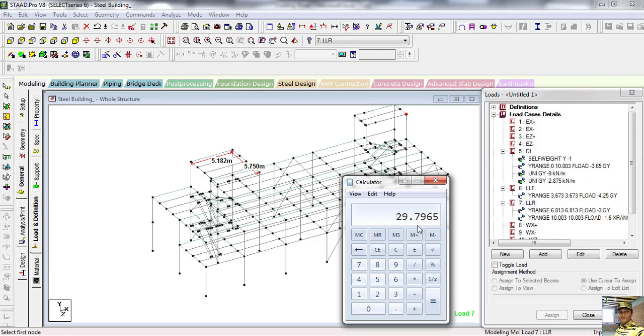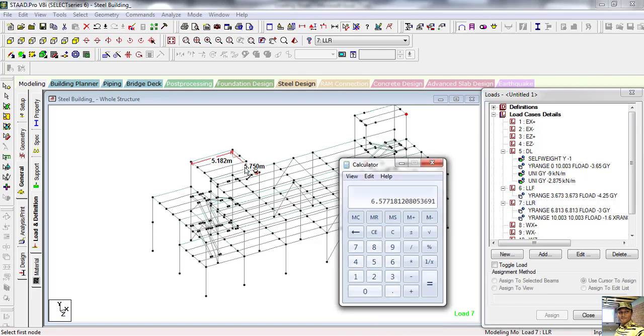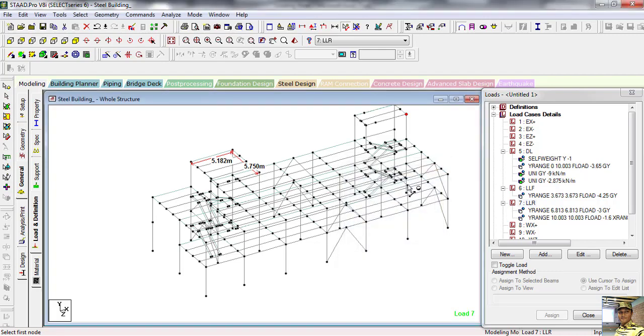So our value was 196 divided by 29.8. Now see 6.57 kilonewton per square meter. Now we add the minimum floor load, roof load 1.6 kilonewton per square meter, so plus 1.6, that is 8.17, assuming 8.2.